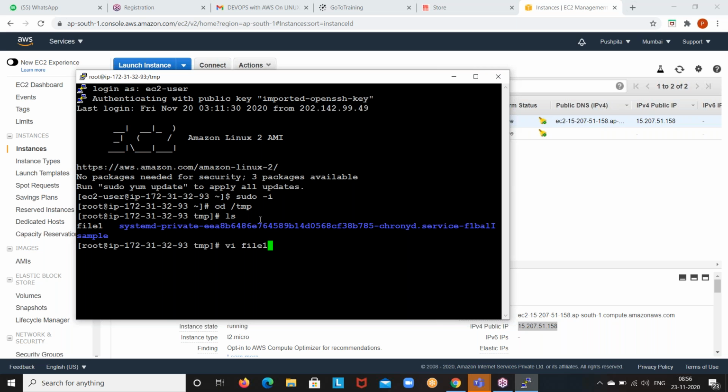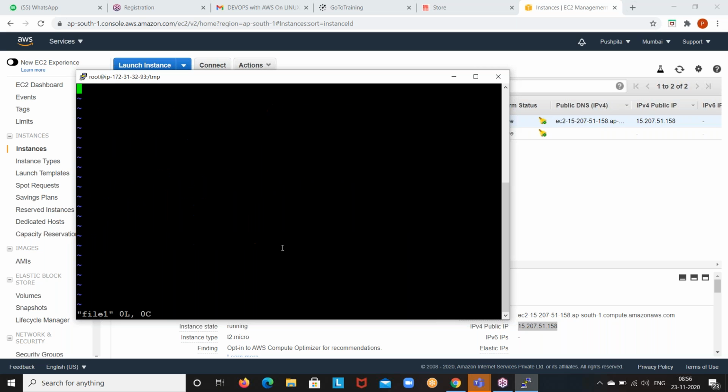If you want to go with an existing file, if you want to open an existing file, you can do vi space that file name. It seems that file one is already there; see the above output, you can see that. Go ahead now. Enter. See guys, now I'm inside a file, file one. But how to operate this file, guys? There are some shortcuts you have to follow.